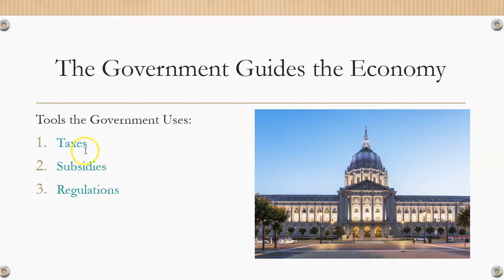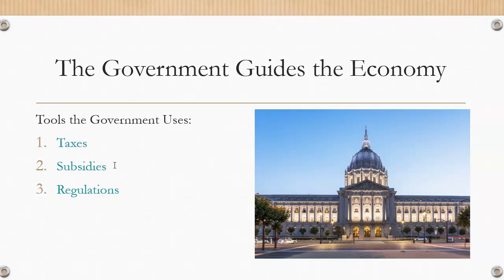They will use taxes and subsidies and regulations. These can all be turned into carrots or sticks. So if the government goes to businesses and says, if you modify your energy use and use 50% solar energy to power your operation, then you get a tax discount, that encourages businesses to invest in safer, more environmentally friendly energy use. If they wanted to punish an industry because, for instance, they're major polluters and they don't care, they may say, we're raising your taxes. So you can see how it goes from a carrot to a stick.